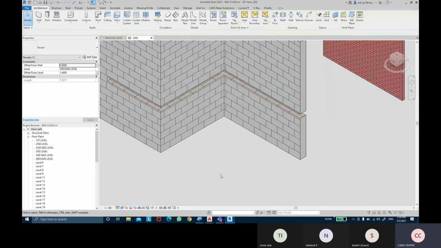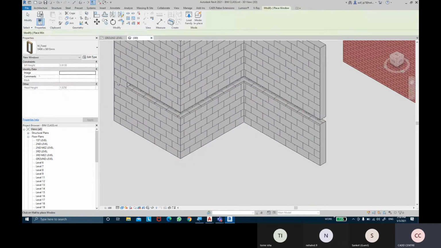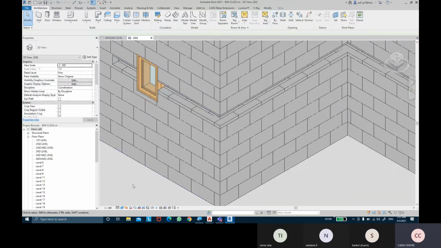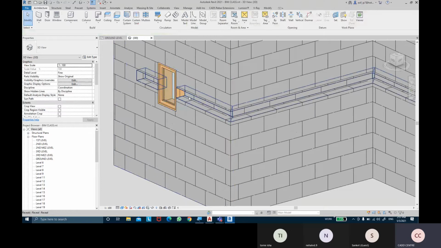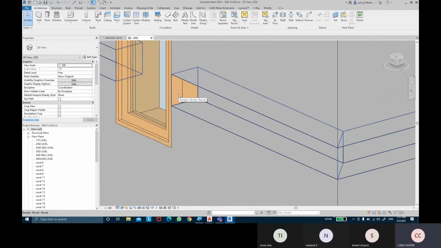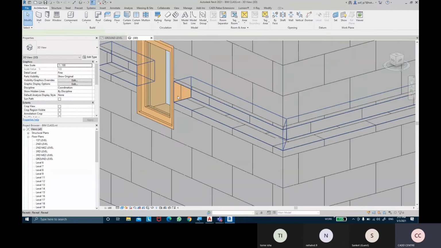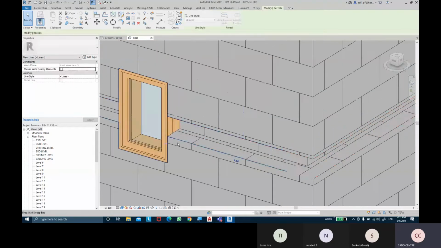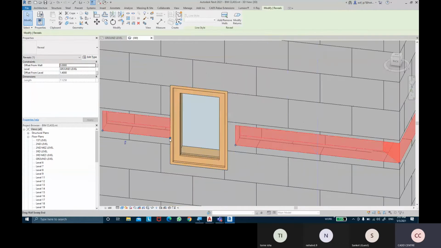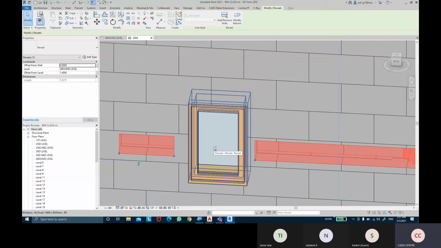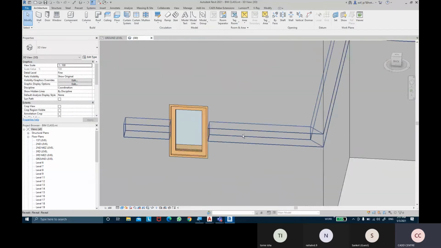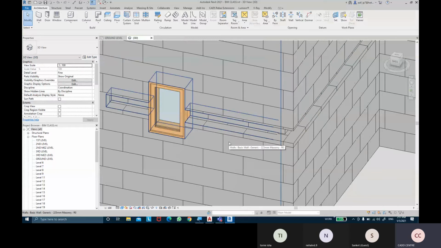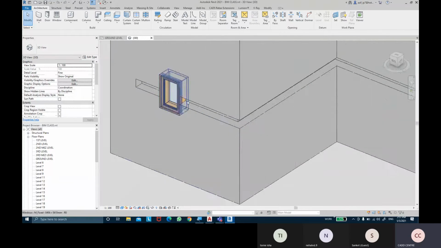Let me insert a window over here. So I'm going to take the window option and insert a window right in the middle of where these reveals are. Apply that, and you can see the window has been inserted. Now you can see what's happening here: due to this reveal, the window frame is visible. Okay, and I don't want that to happen basically. So I want that reveal to stop prior. If I drag this manually, I have to drag it a little bit behind, but I want it to be very precise. That means I want to drag at least 50 mm behind wherever the window or the door has been inserted, so that the frame of the window or the door is not revealed.